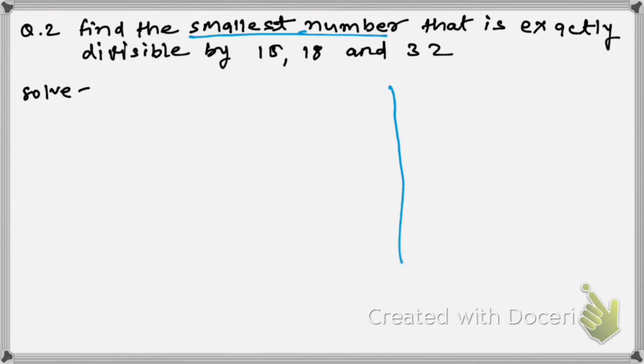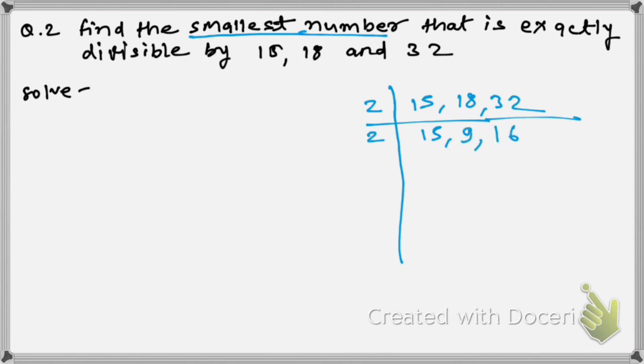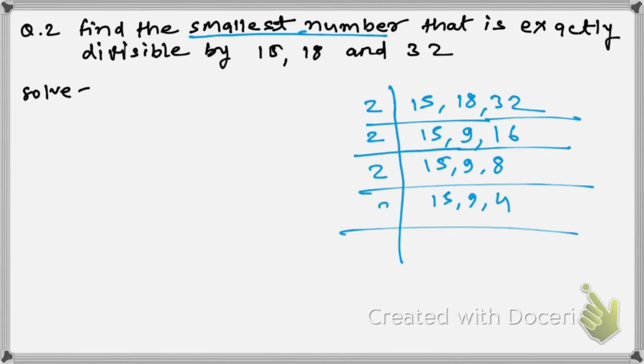So students, here we will divide first by 2, because 18 and 32 can be divided by 2. So 9 times, and here 16 times, again can be divided by 2 because 16 is here. How many times? 8 times, again can be divided by 2, again can be divided by 2, again can be divided by 2.